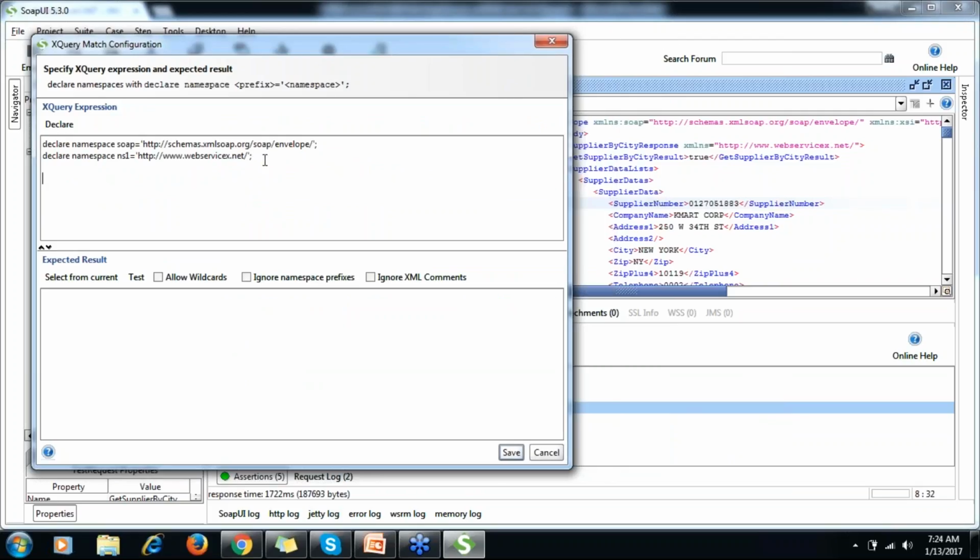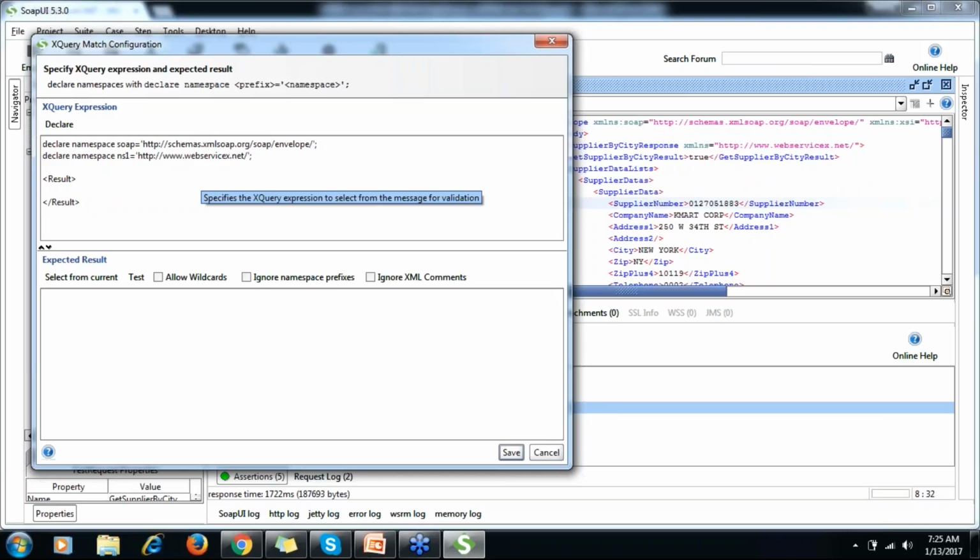Okay, and we have to write our tags. Okay, and we have to close. So first is the opening tag and the second one is the closing tag. Okay, so you have to always do this, otherwise you'll get an error.